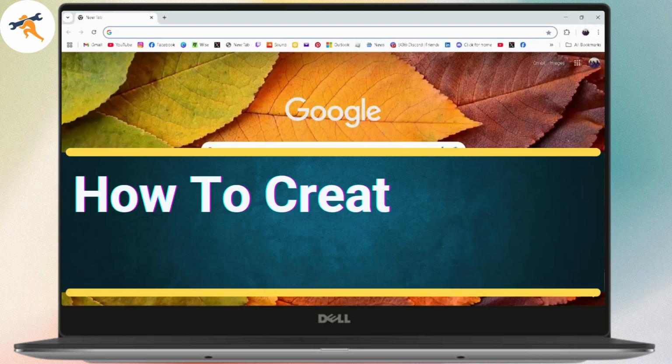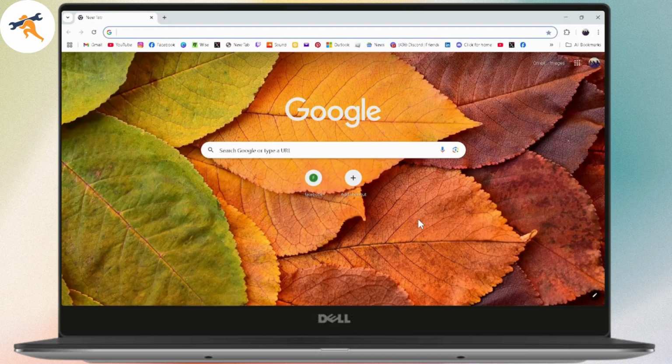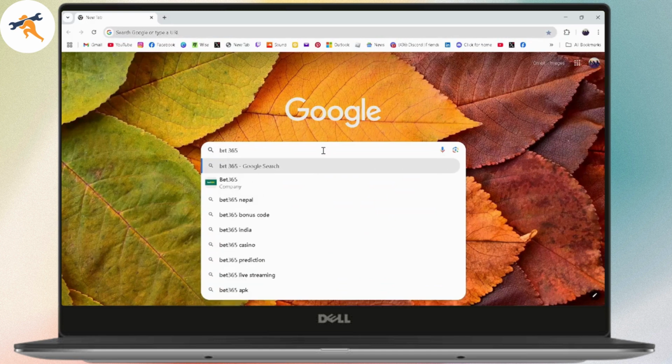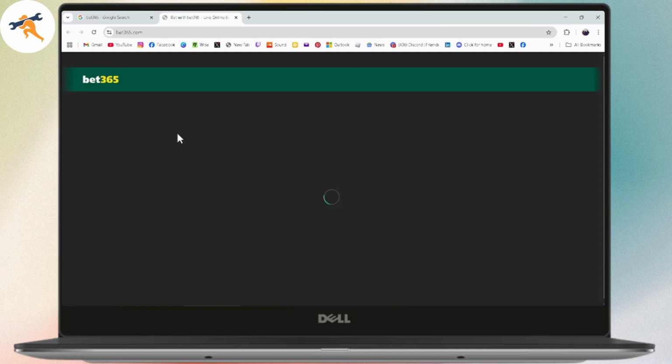How to create Bet365 account. So if you want to create Bet365 account, then first make sure that you have an internet connection. After that, you need to open up your browser and search for Bet365. After searching, now here you will have Bet with Bet365. So go with that, which is